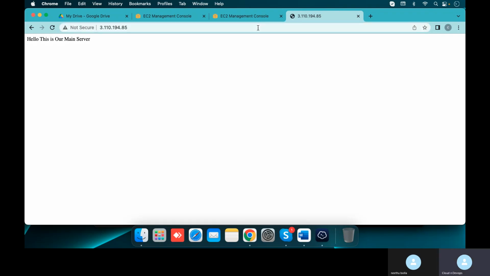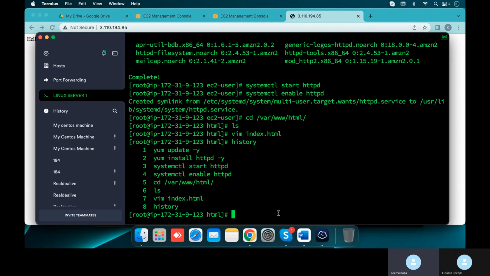Did you see the text on your browser? Yeah, hello, this is our main server. Okay, but suppose I want to change the text, then I will use the Vim tool and change the